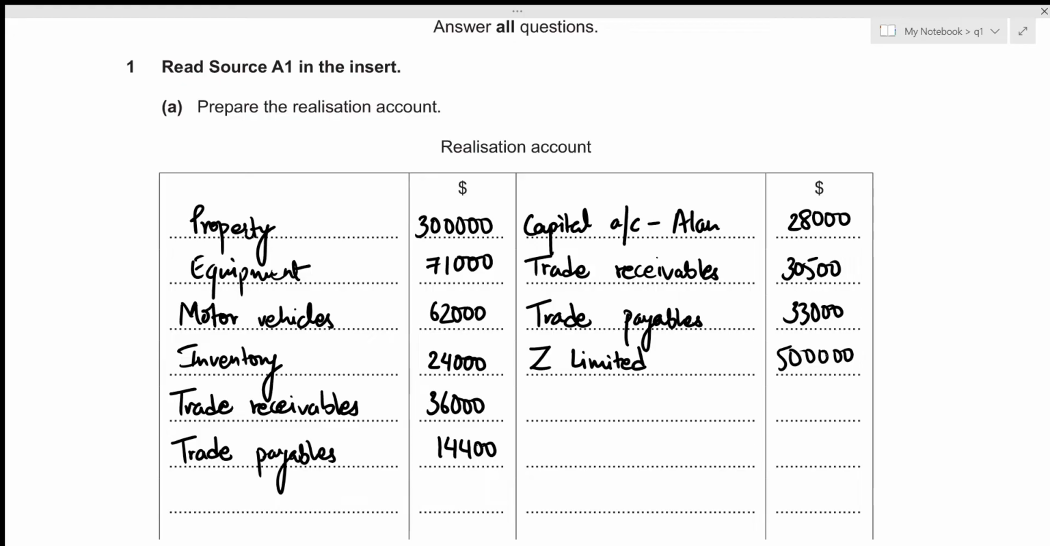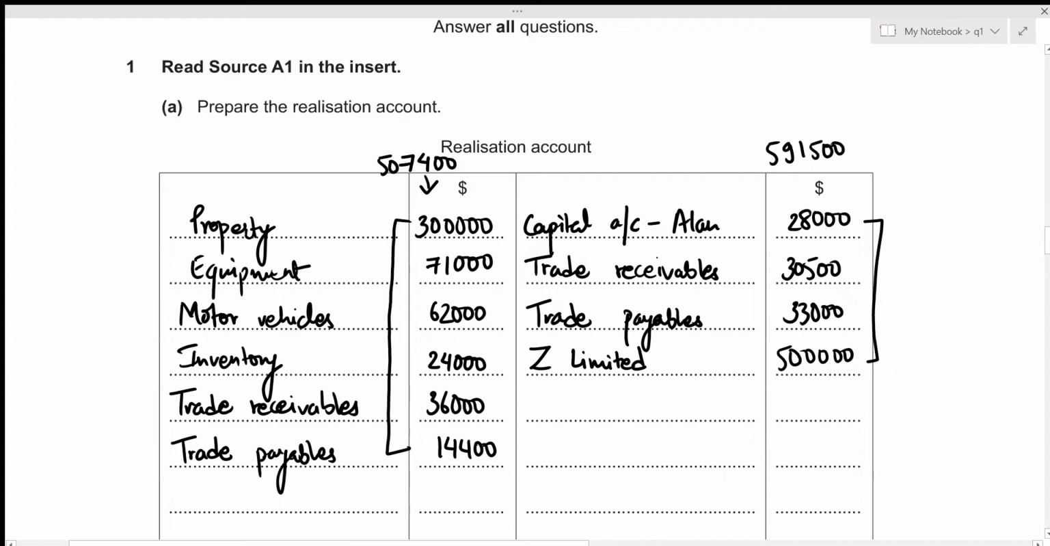And in order to figure that out, we need to figure out the balance for the heavier side. So let's first figure out the total for debit side, right? That is going to be the sum of these six amounts. So that's 300,000 plus 71,000 plus 62,000 plus 24,000 plus 36,000 plus 14,400, which results in the value of 507,400. Now we will repeat the same process for credit side. That's going to be the sum of these four values, 28,000 plus 30,500 plus 33,000 plus 500,000, which gives a total of